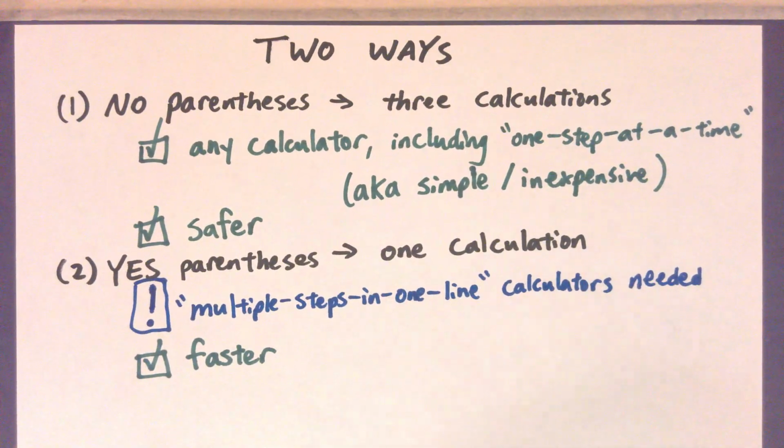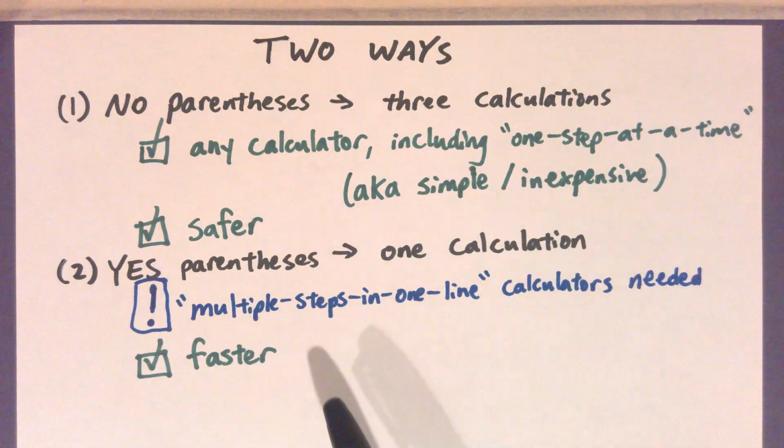All right, the first way is going to not use any parentheses. It's a method, when I've shown others, they often report this to be a more reliable way of doing a calculation, a perhaps safer way, and this can be done using any calculator. The second method is maybe a faster way of doing it, involving only one calculation. But you're going to need a calculator that allows you to have multiple steps written into a single line. So I'm going to show both ways.